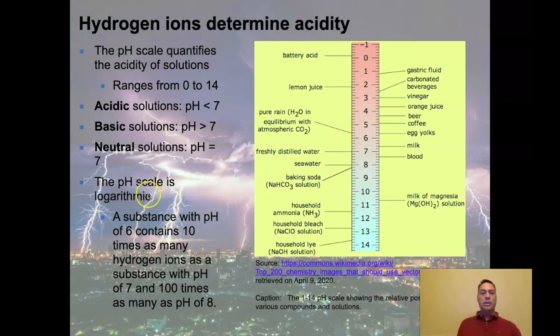So anyways, the pH scale, which the H stands for hydrogen, is logarithmic. So a substance with a pH of 6 contains 10 times as many hydrogen ions as a substance with a pH of 7. So to go from here to here means that there's 10 times as much hydrogen in that solution. And 100 times as much as a pH of 8. So if we were to go from 8 to 6, that's 10 times 10. So that's 100 times